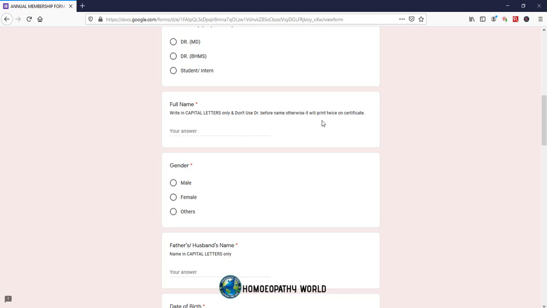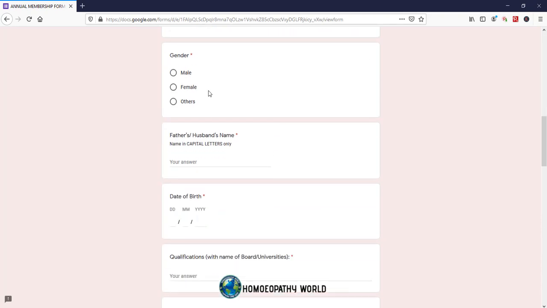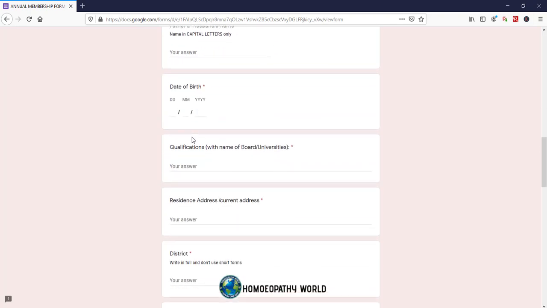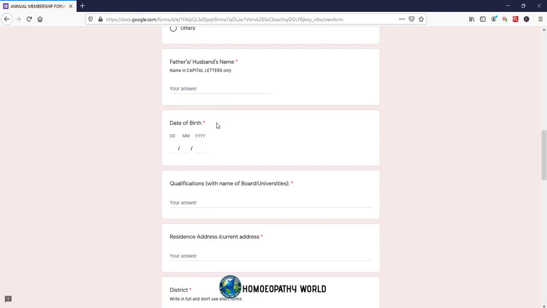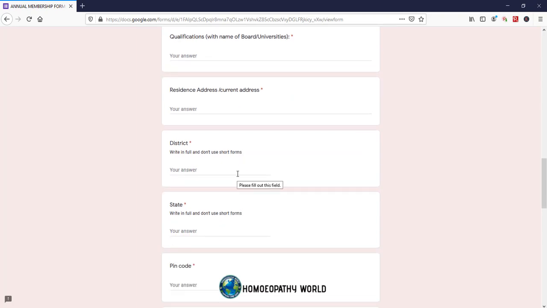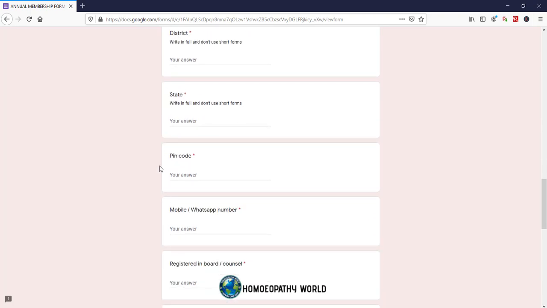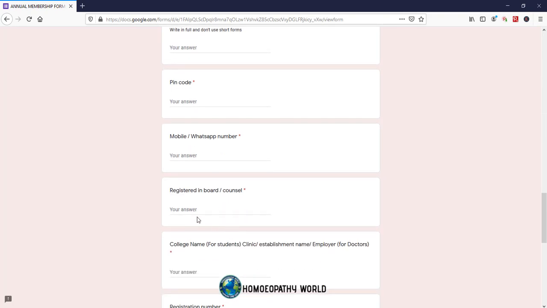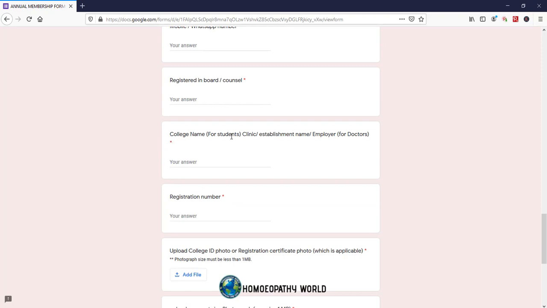Then you have to mention your gender, father's or husband's name in capital letters only, date of birth, qualification with name of board or universities, residential address, district in full, do not use short forms, and state and pin code, WhatsApp number, registered in board or council, which board you are registered in, and college name for students, clinic or establishment name or employer name for doctors, and registration number.